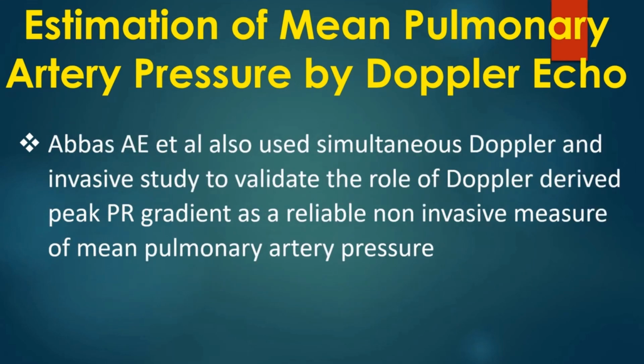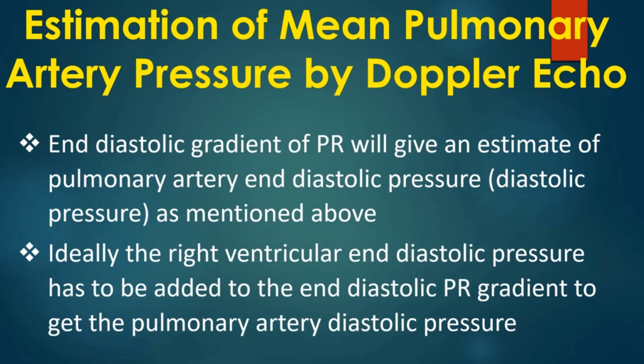Abbas and colleagues also used simultaneous Doppler and invasive study to validate the role of Doppler-derived peak pulmonary regurgitation gradient as a reliable non-invasive measure of mean pulmonary artery pressure. End diastolic gradient of PR will give an estimate of pulmonary artery end diastolic pressure as mentioned above. Ideally, the right ventricular end diastolic pressure has to be added to the end diastolic PR gradient to get the